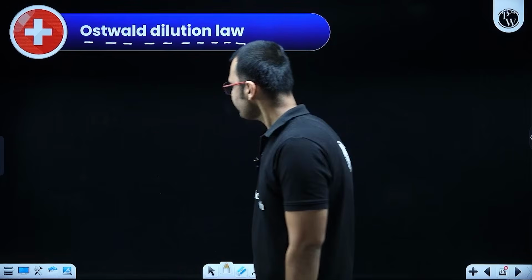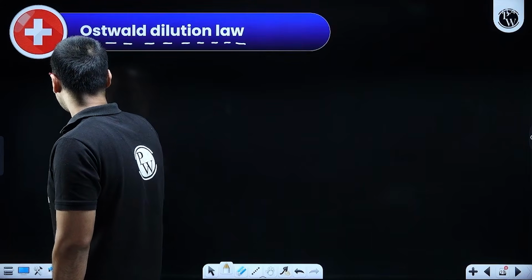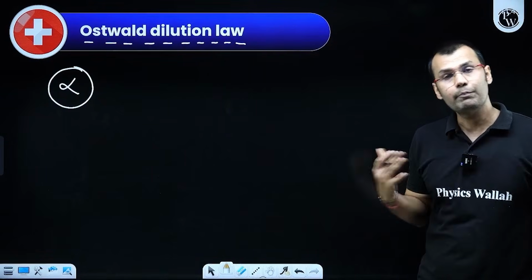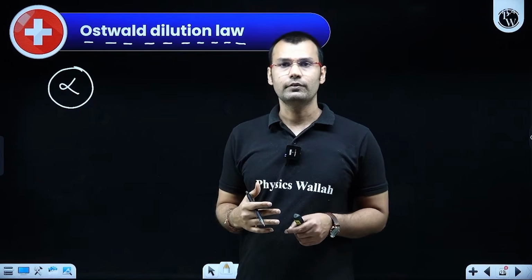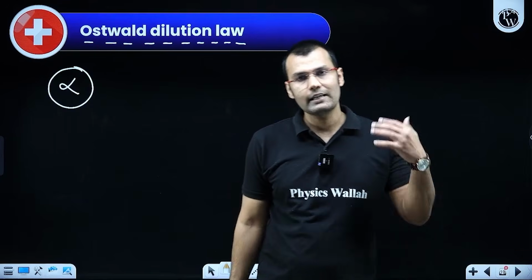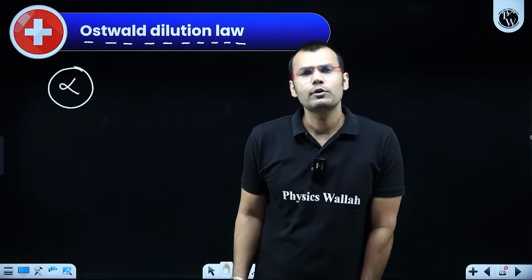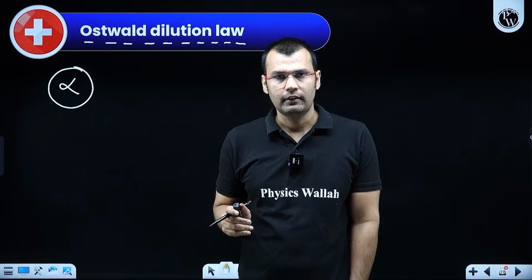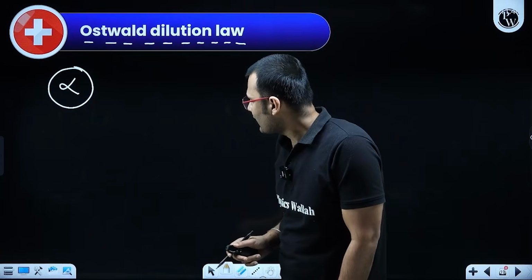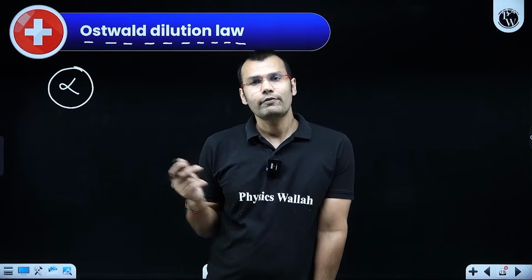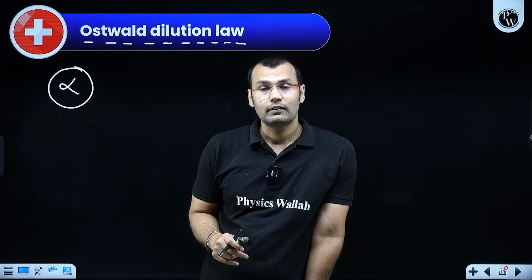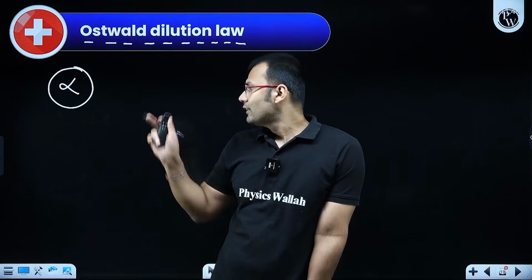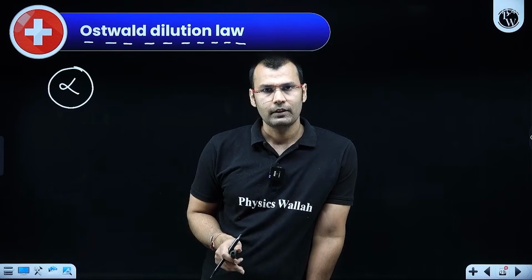For a weak electrolyte, we have the term alpha, that means degree of dissociation. And alpha tells you up to what extent your weak electrolyte will decompose, right? If the value of alpha is higher, that means your weak electrolyte is more dissociating. Higher the alpha, more is the dissociation. Now there are certain factors on which alpha will depend. One factor is temperature. If you increase temperature, the alpha or extent of dissociation will increase. Temperature is one of them. Now one factor is